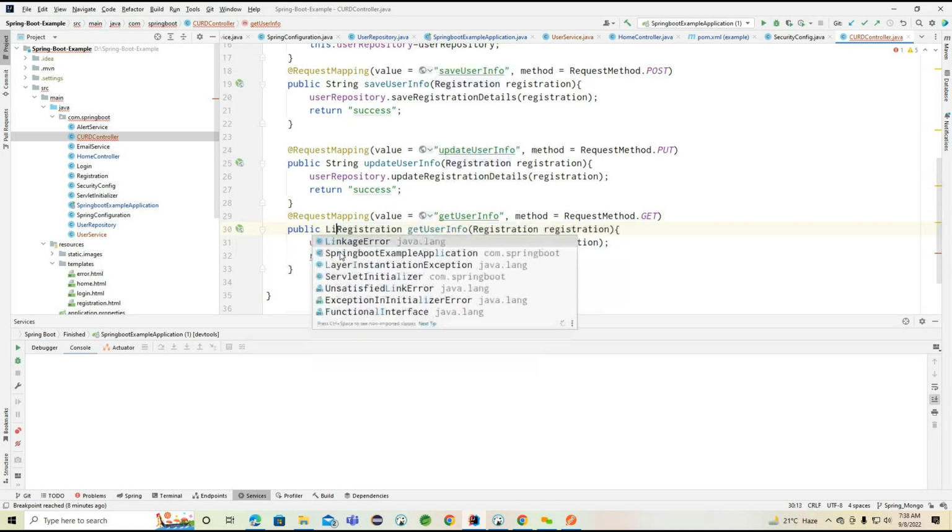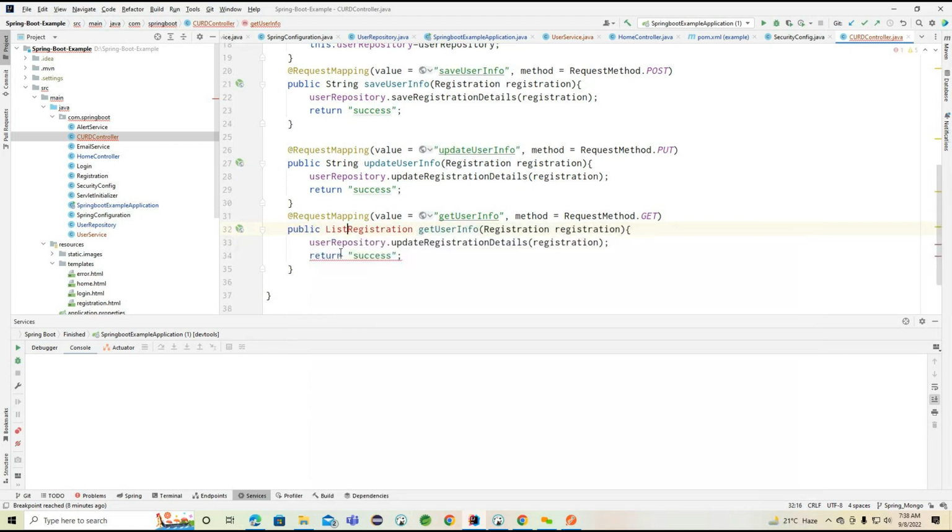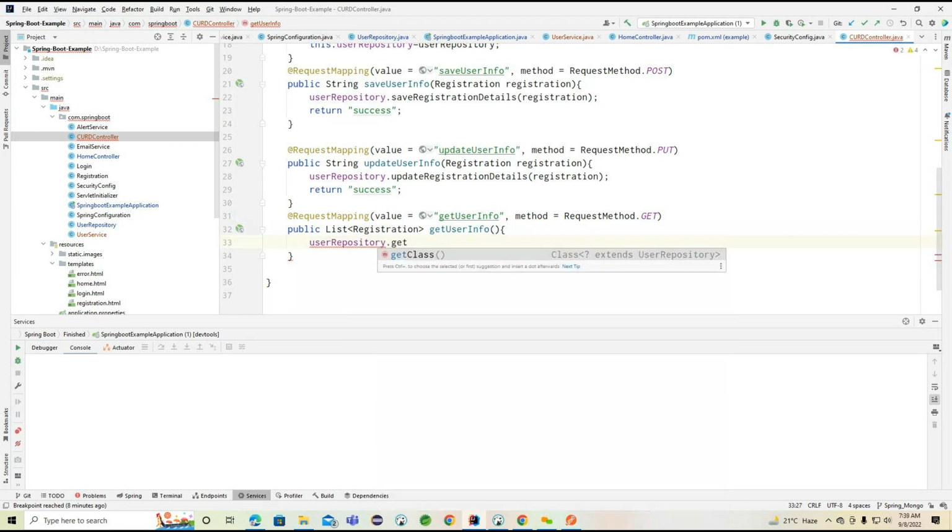This get method will try to return the list of registration. So it will not take any parameters here. Okay, and here user repository dot